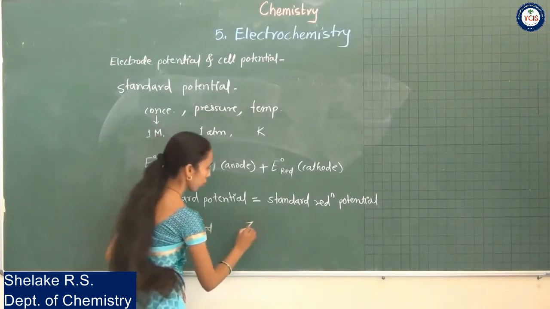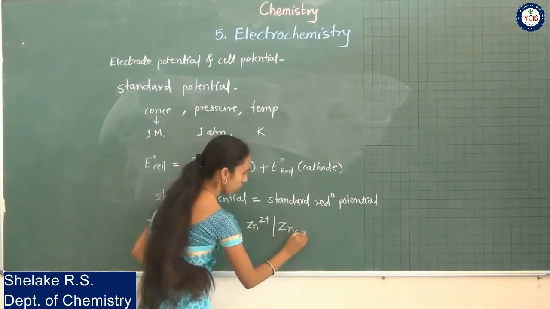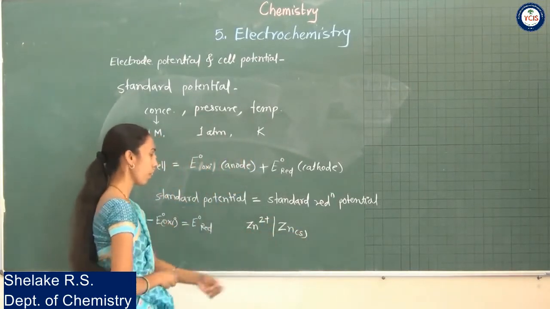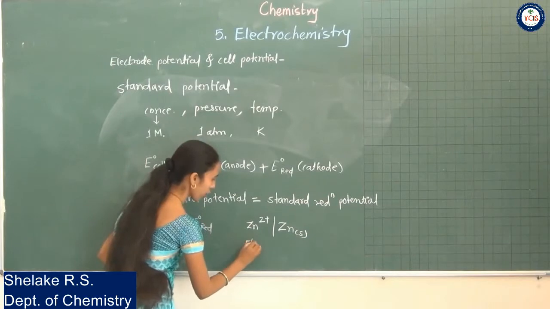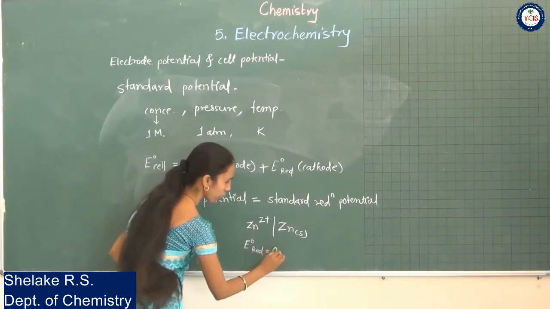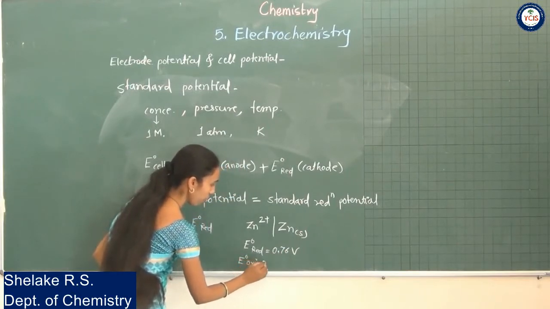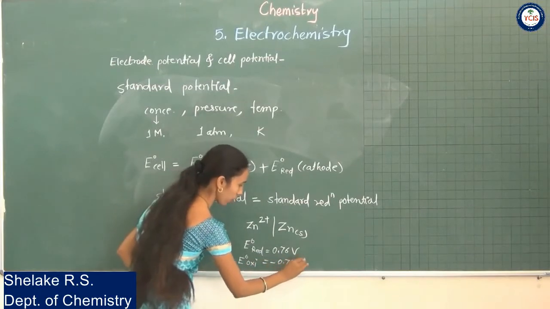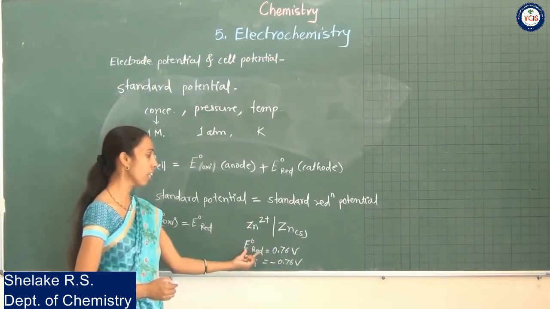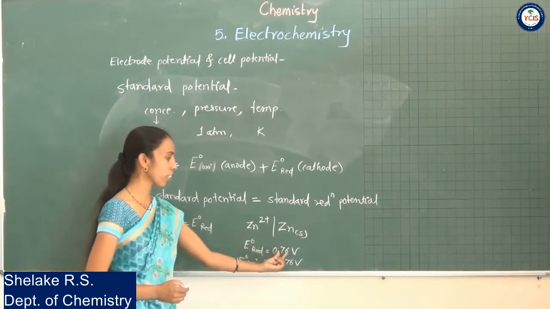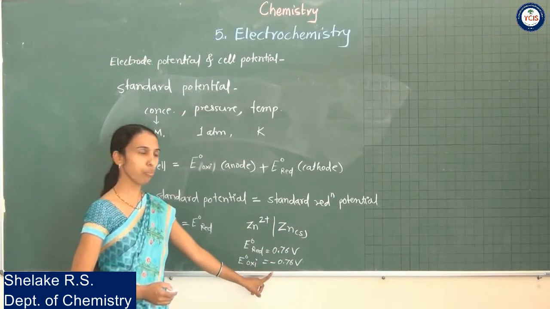We take one example. Suppose you have taken the half cell in which zinc is converting into zinc solid. For that, its electrode potential, the E0 reduction potential, its value is 0.76 volt and its oxidation potential is -0.76 volt. So for this electrode half cell that we considered, the reduction potential is 0.76, while the oxidation potential is the same value, only there is a change of sign.